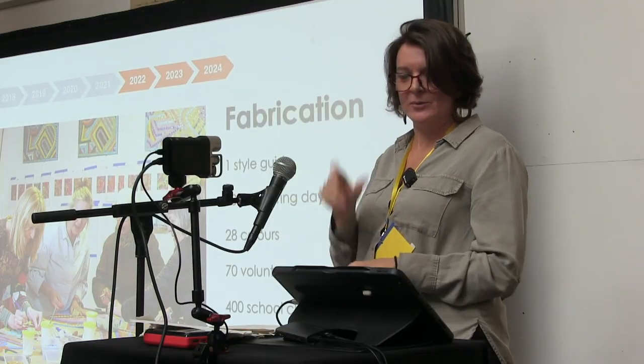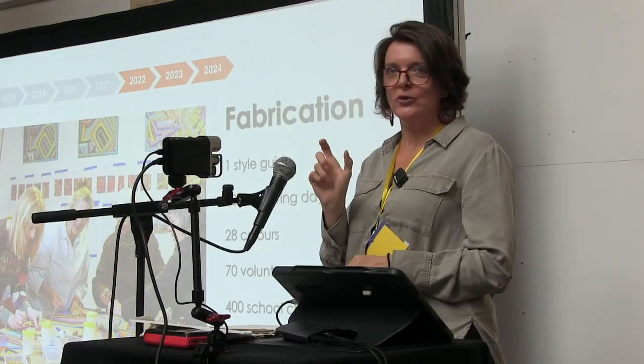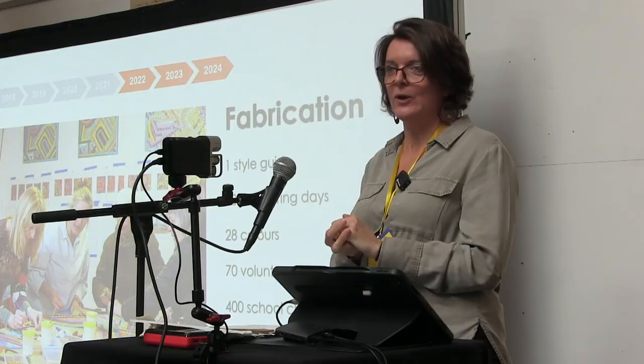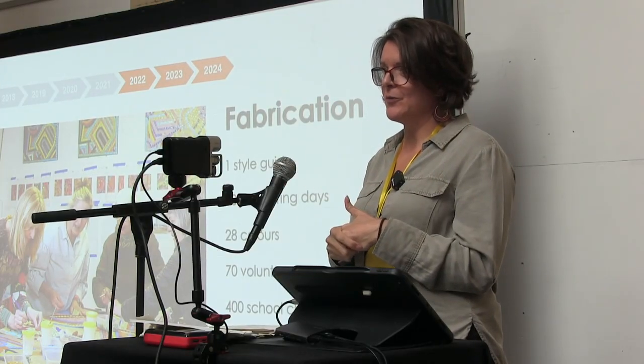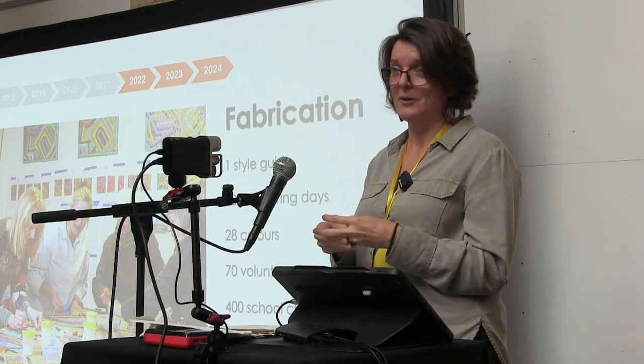Absolutely not, because with that level of precision to save on the cutting, you just couldn't afford any deviation from the measurements at all. So the idea that we were going to by hand grid up this very, very detailed and very precise design went by the wayside after around about half a day. So instead, what happened is we took